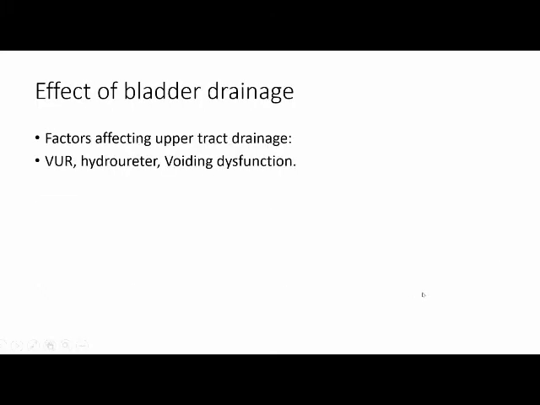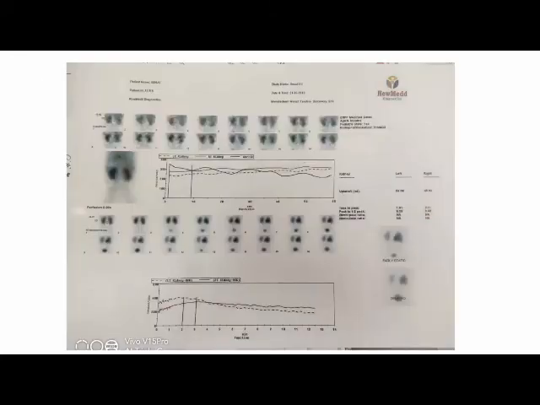And the next important thing which you need to consider when you do any renal excretion scintigraphy is the effect of the bladder drainage. This is more important when you are suspecting vesicoureteric junction obstruction in a patient, and also when you are suspecting coexisting obstructive pathology along with a refluxive pathology, especially when there is a vesicoureteric reflux and a coexisting obstructive pathology. It is always better that you send the child in a catheterized manner to the scan center. I'll tell you why it is important.